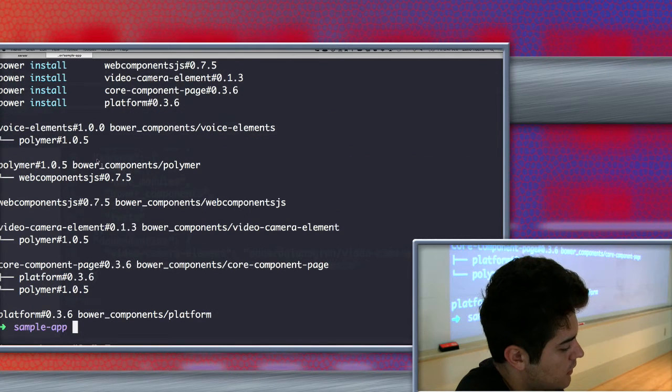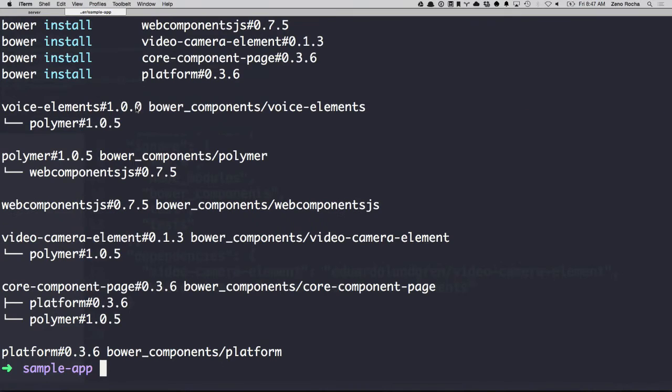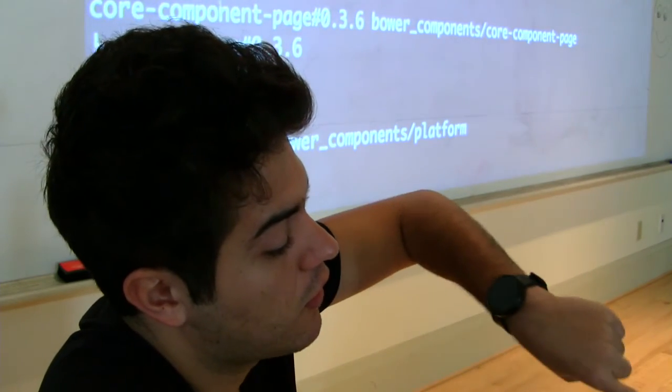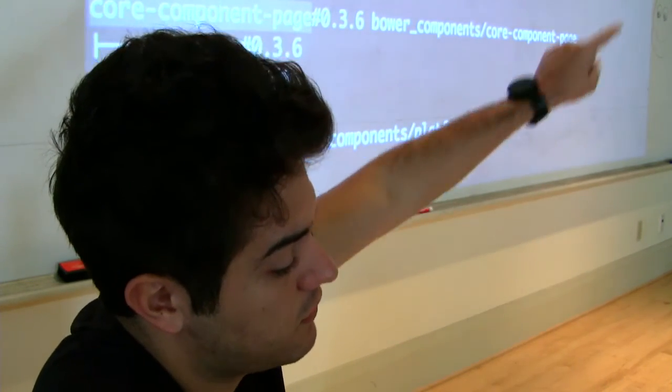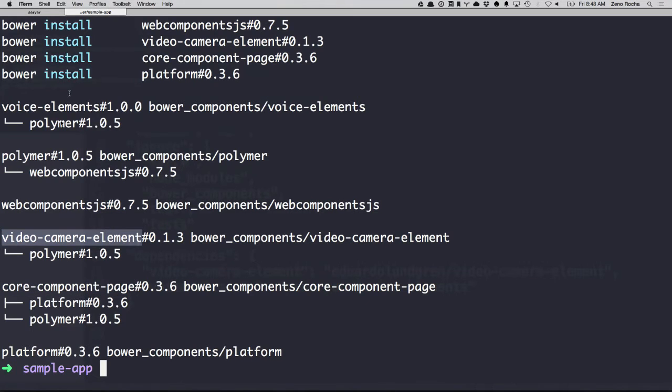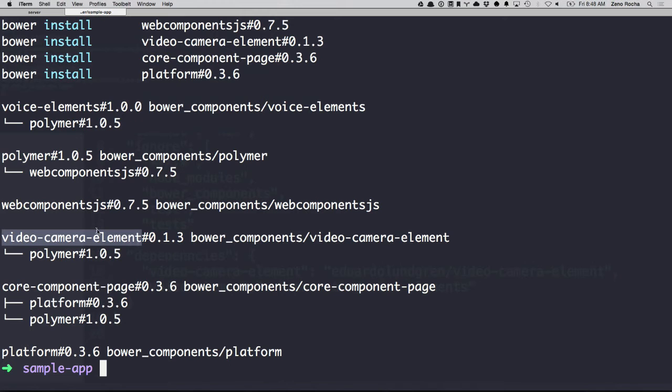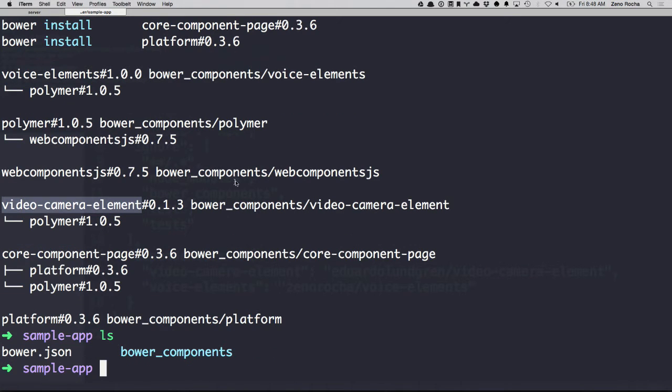And now what I got was Polymer, the voice elements. I got Polymer 1.0. I got Web Components.js, which is a dependency of Polymer. I got core component page, which is a dependency from Polymer or from any other package here. And we got the video camera. So if I take a look at this folder,